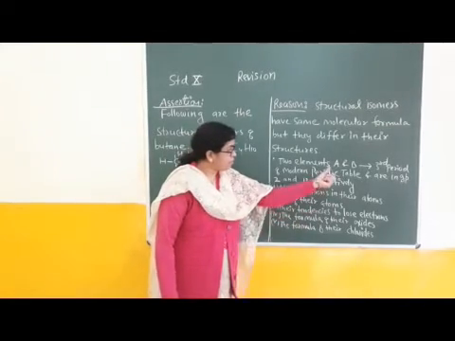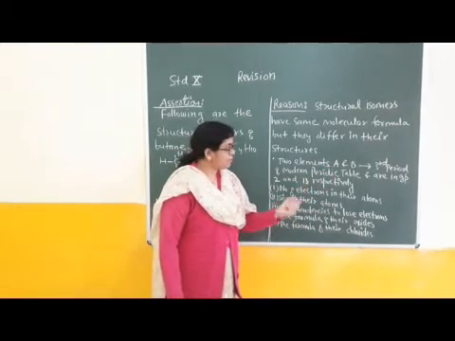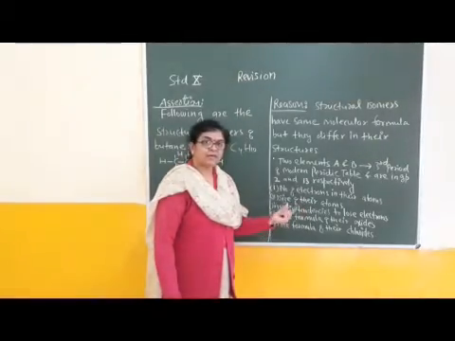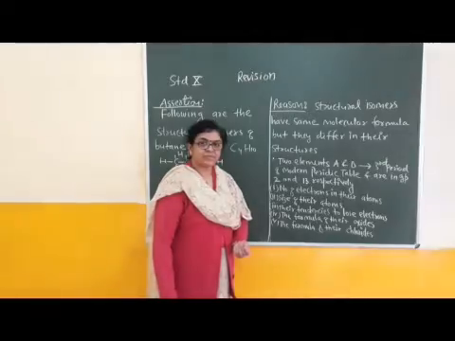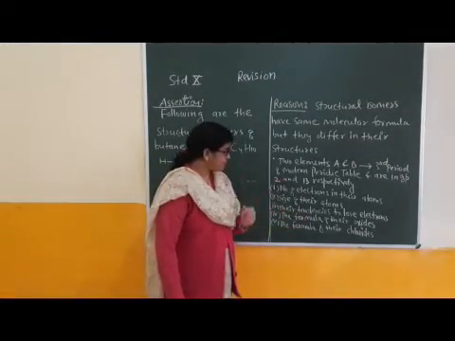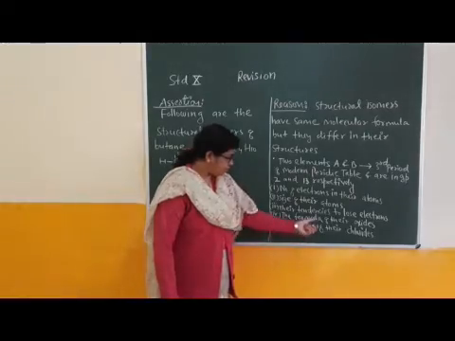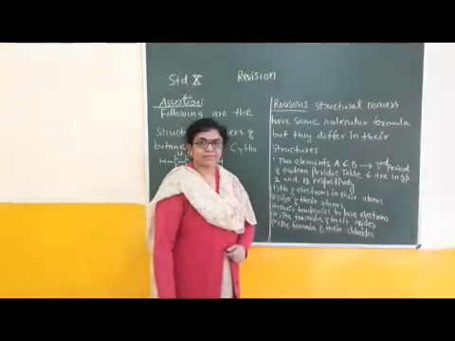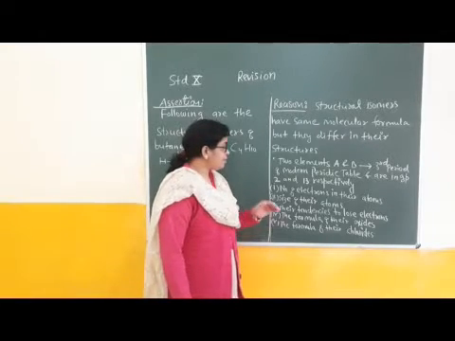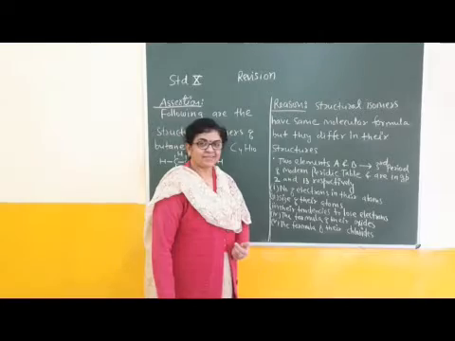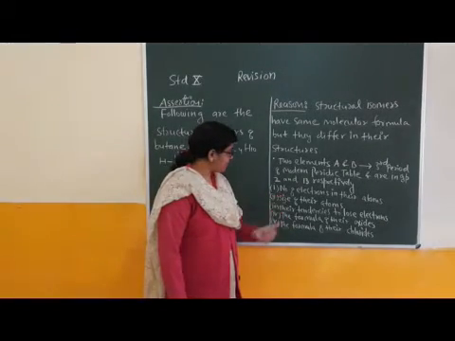In the atom of element A and the atom of element B. Compare the size of their atoms. Their tendency to lose electrons. The formula of their oxides and the formula of their chlorides. Children, the answer is based on atomic number or number of electrons. Let's start from this part.